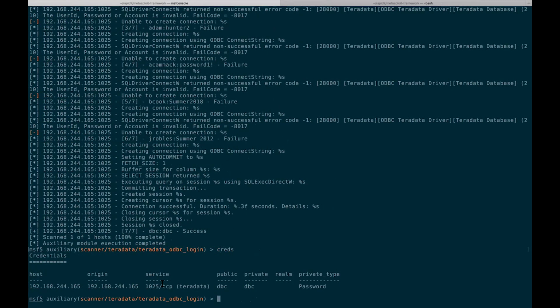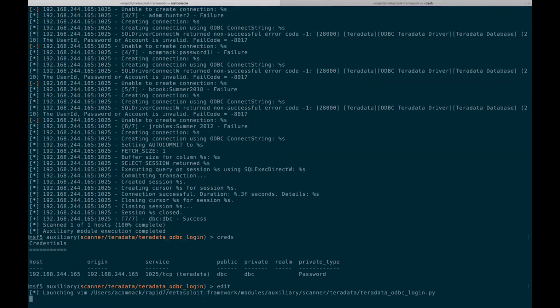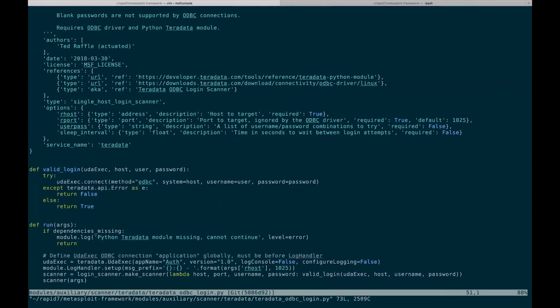So yes, here, I'll reshare my screen. I think when we looked at it initially, it just showed us like IIS or something. Well, 1025 is a common-ish ODBC port. And Teradata here is set by the module itself. So whenever you report a cred, you can specify service info. And so we added a new little bit of metadata to the external module API that lets you set the service name. Also, whenever you report the credential, you can set it manually for every credential. If you have a module that runs against multiple types of services and you don't want to set it globally,